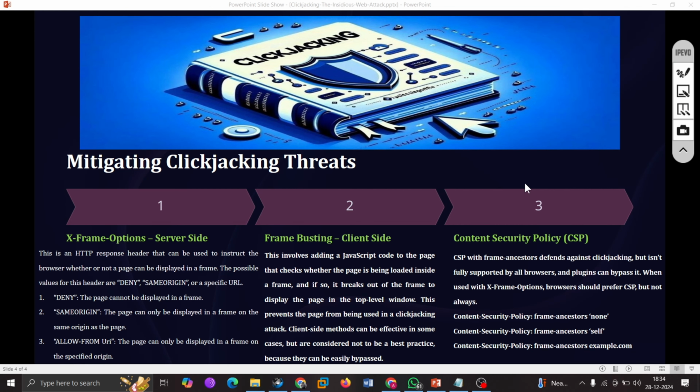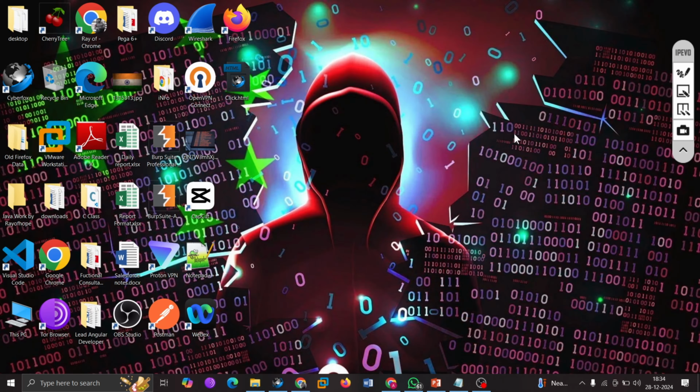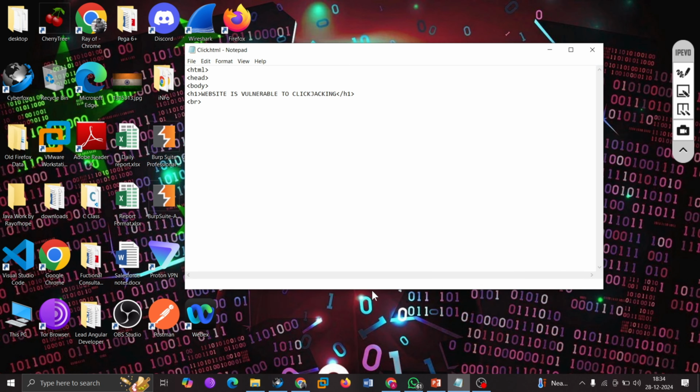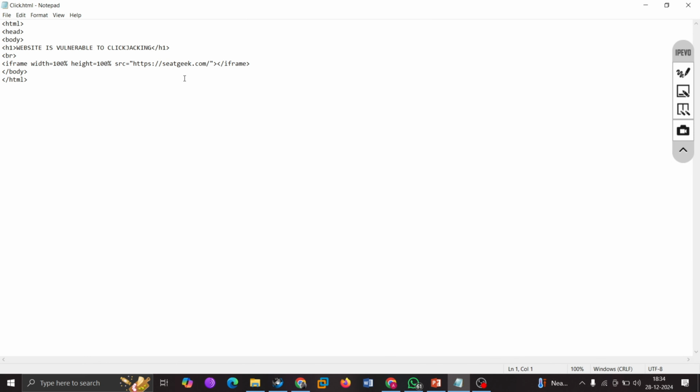Let's go ahead now and talk about it in detail. One second. Suppose there is HTML code, which we talk about, right? This is an HTML tag, just a normal tag, the iframe. They are using one website over here, which is http://seedgeek.com. What we're going to do is save this HTML as text into an HTML file.